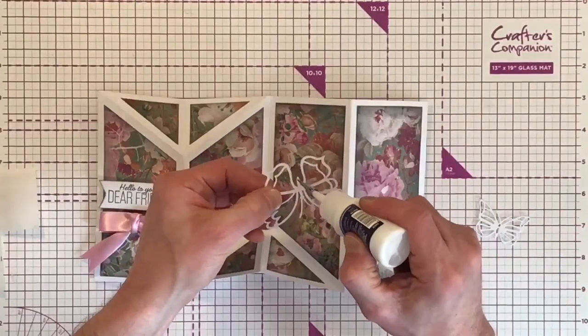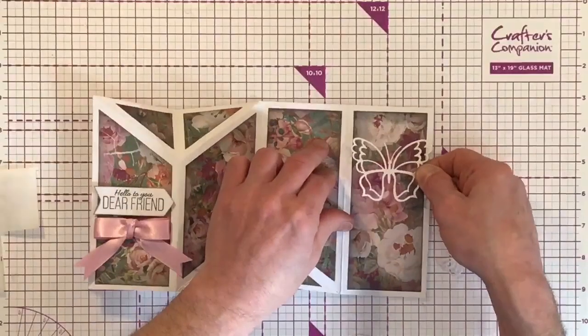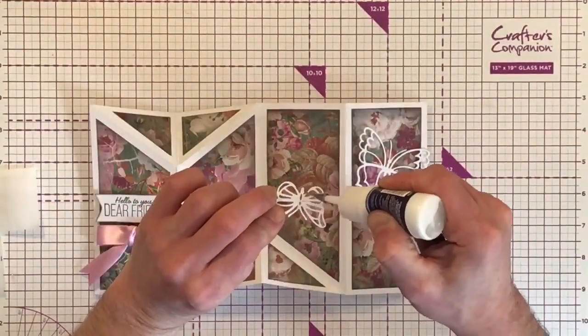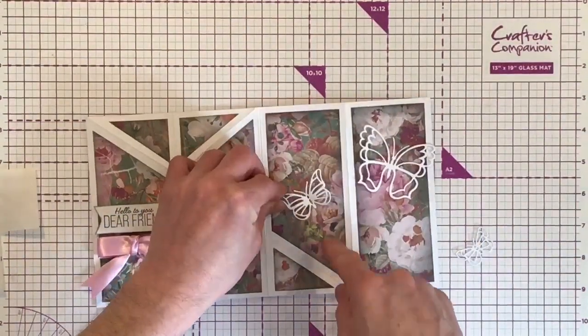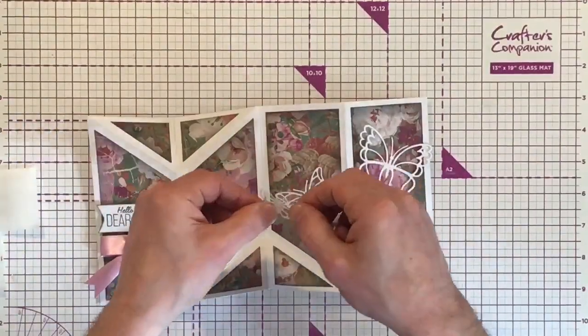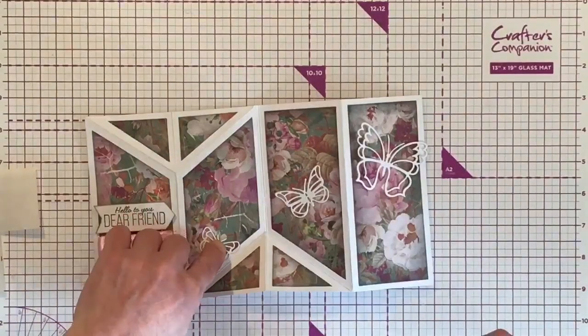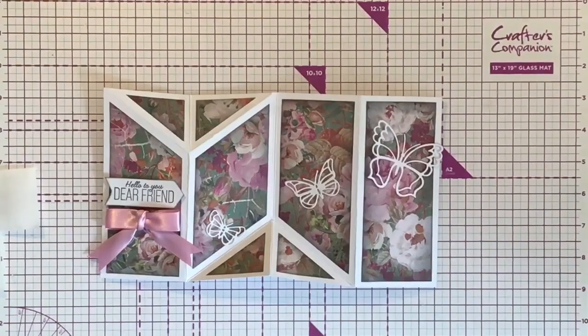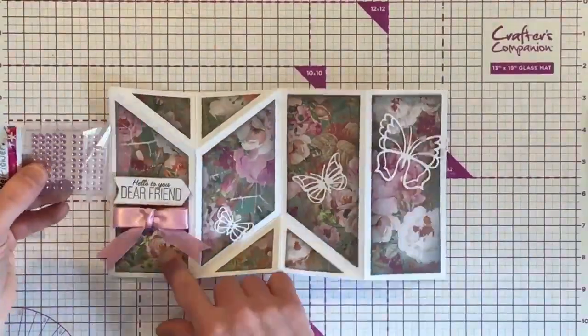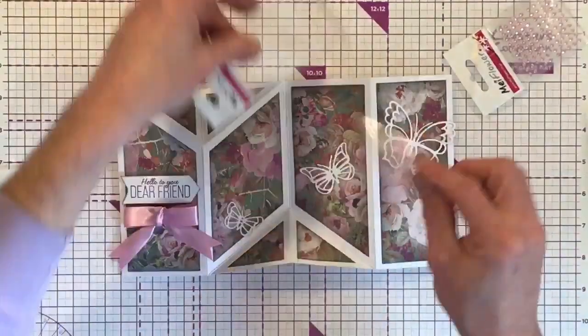And then I'm just going to go in with the butterflies, and then let's go at a little bit of a jaunty angle. Press that one in, and then this one we can go facing that way, a bit further down, and then we can take our last one, and then that one can go down there. And then what I'm going to do, let me go and get a few gems or something. Let's see, will the pinks sit again? Yeah, they will actually. Because I've got the pink bow and we've got some pinks throughout, what I'm going to do is let's go